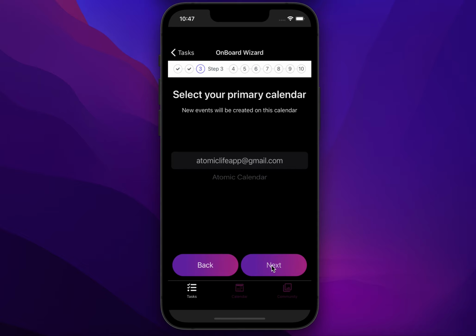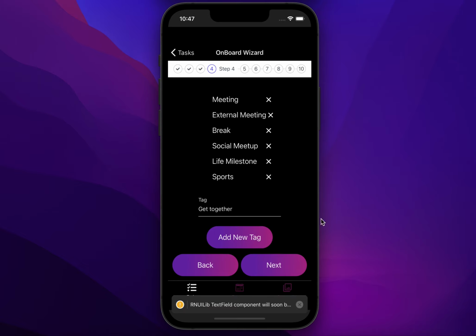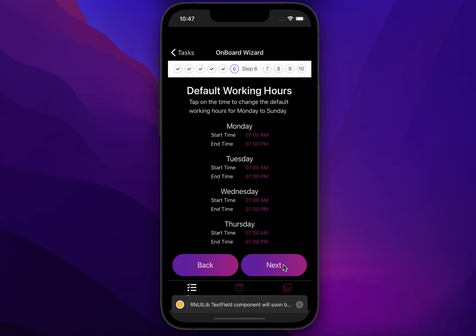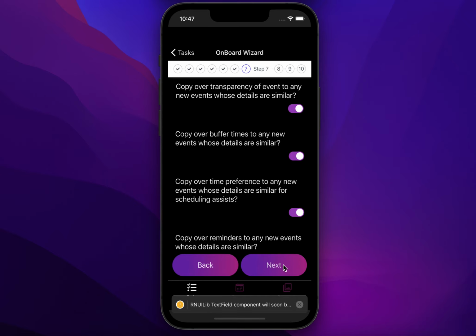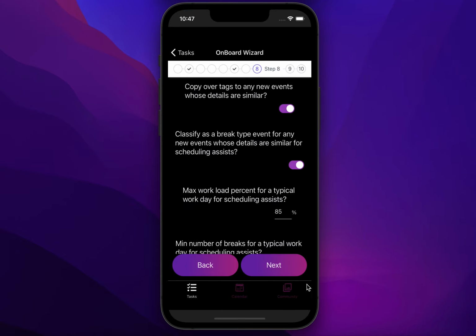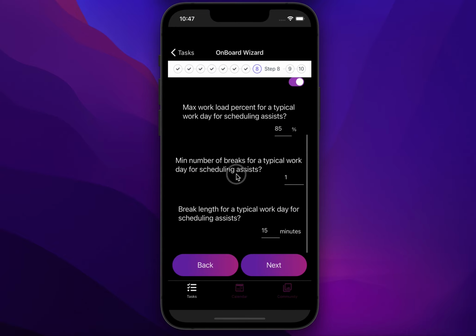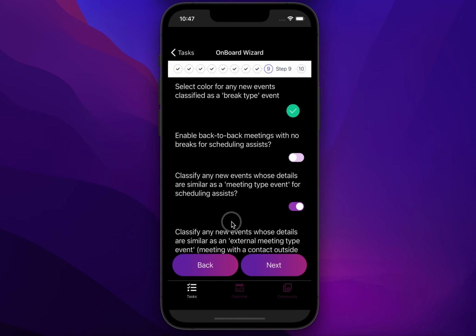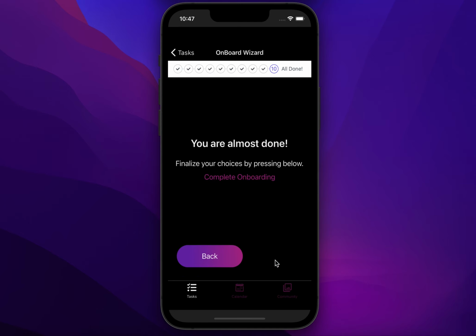We click next, next, just more options basically related to the calendar. Basically, and then